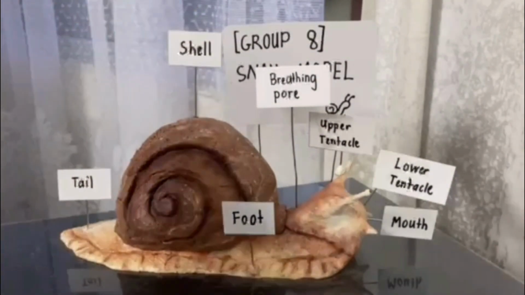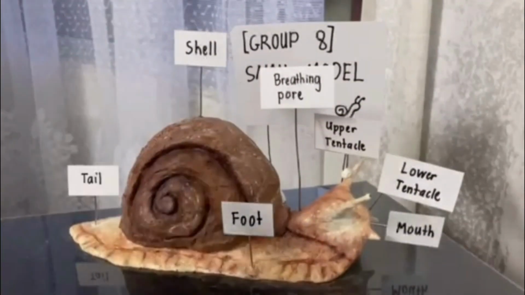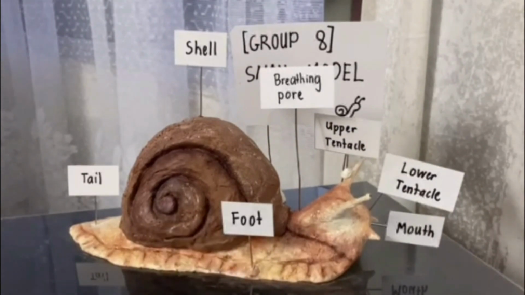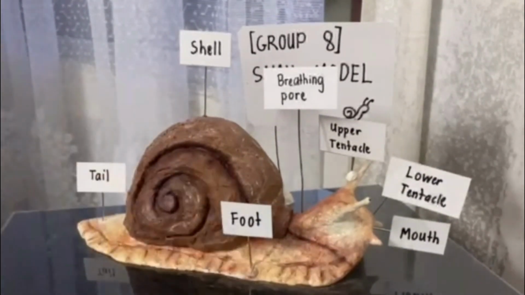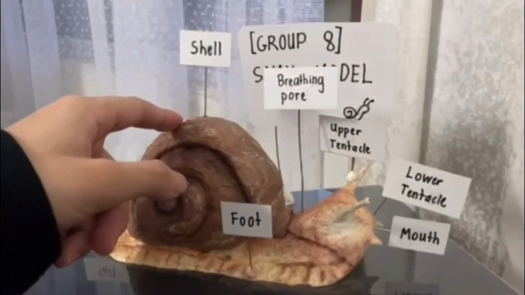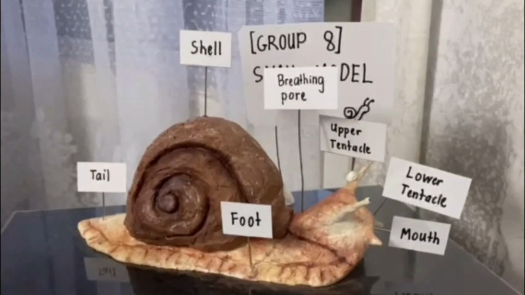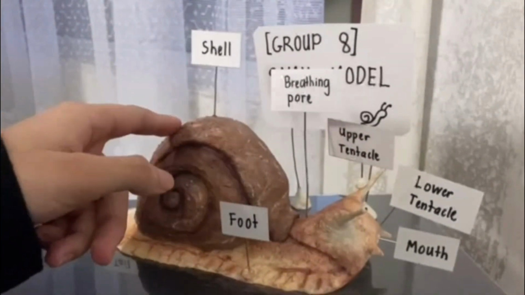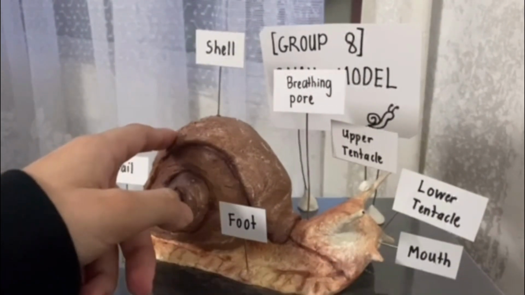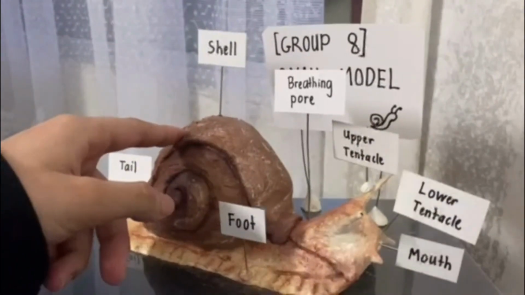The most prominent one here is the shell. The shell is a solid spiral-shaped structure carried on the back of the snail. The structure protects the snail from the environment and even from predators. When snails are in danger, they hide in their shell. The shell is made up of calcium carbonate, which makes it strong and hard, and it will remain hard if the snail continues to consume food with calcium. There are also organs inside the shell.